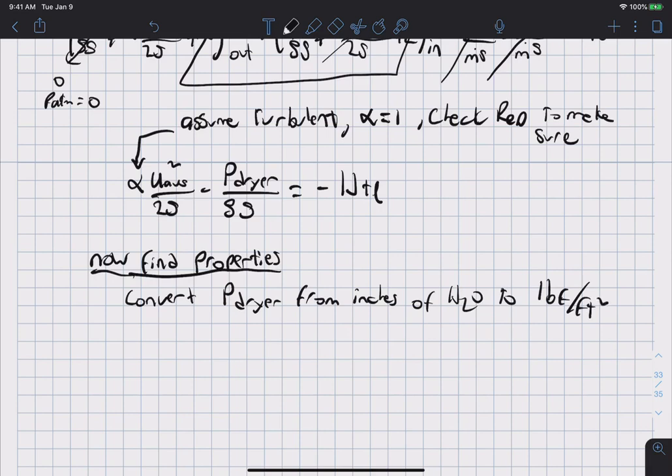Okay, and so how we do that is P equals rho, in this case rho H2O, g times h. So essentially, when a problem says that the pressure equals h length units of a fluid,